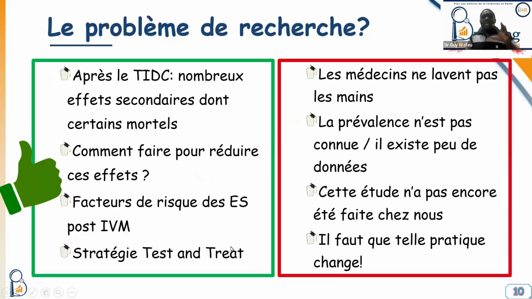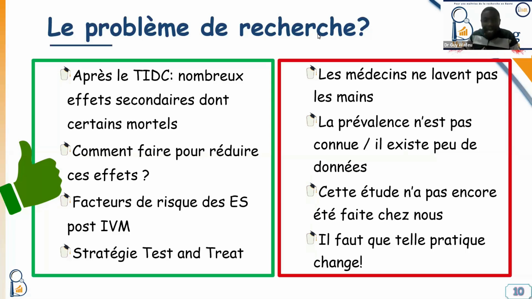I took an example on CDTI, community-directed treatment with ivermectin. It is a program or a strategy in which ivermectin is distributed in the communities to the general population in order to treat onchocerciasis in endemic areas. An example of a problem is that after CDTI was implemented in Cameroon, for example, they realized that there were several adverse events, even deaths, which occur after ivermectin treatment. And that makes people afraid of the treatment, and there were fewer people taking the treatment when the distribution was happening in the different communities.